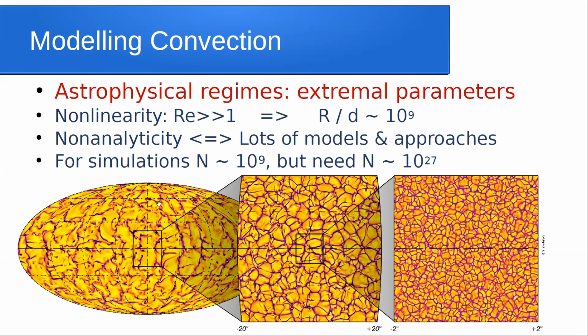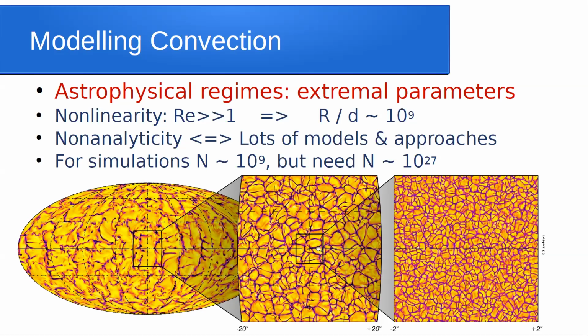And you can kind of see these large scale structures that align north-south. You of course have downflows that are dark and upflows that are light, which means your upflows are much more space filling, but typically much slower. And you have your fast downflows that punch through the convective zone. Now this is somewhere in the mid-convection zone, if I remember correctly. And then you have a